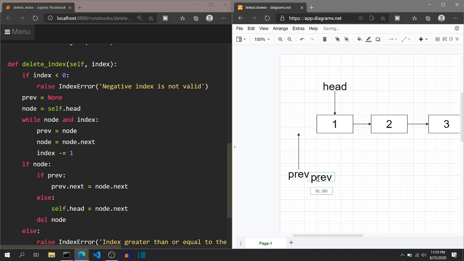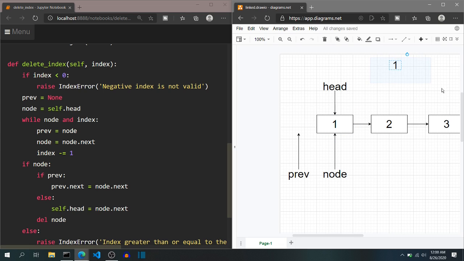So like this, and a node variable will also be created which will initially point to self.head, that is a node that is pointed by the self.head, like this. And we need to keep track of the index as well, so I will keep track of that over here. So index is 1 while node, so node is not none, that is good.